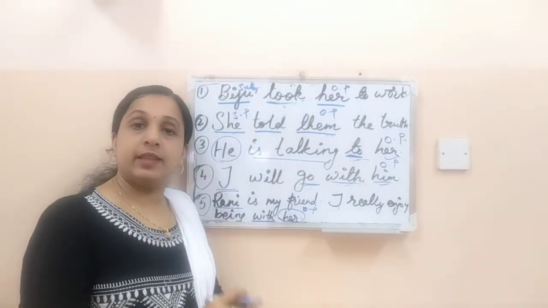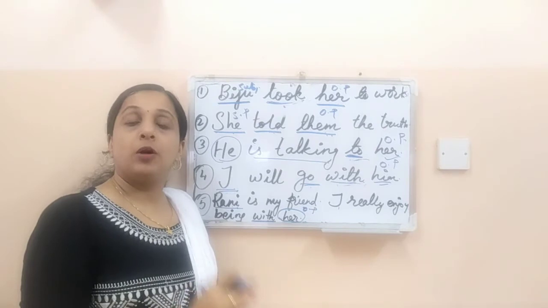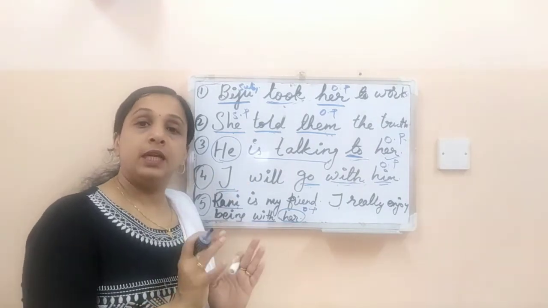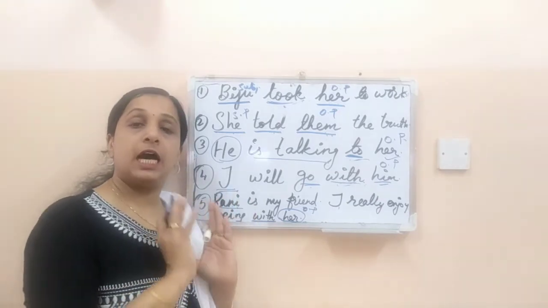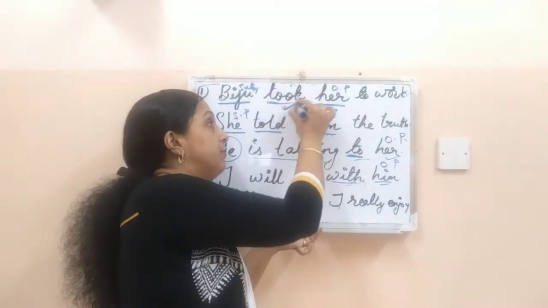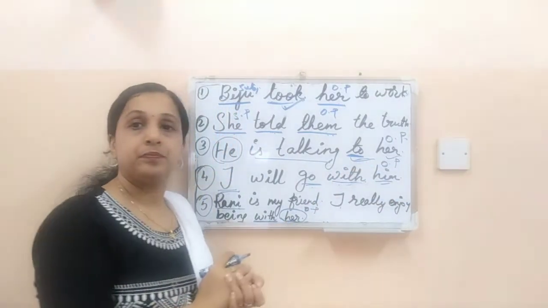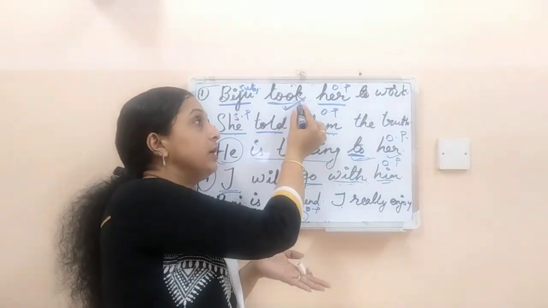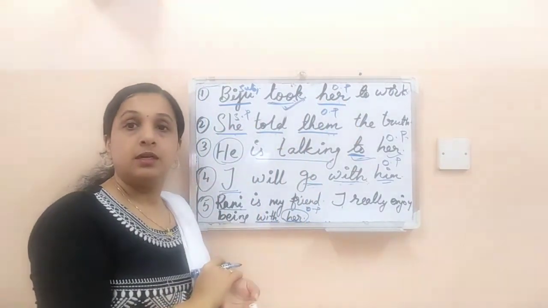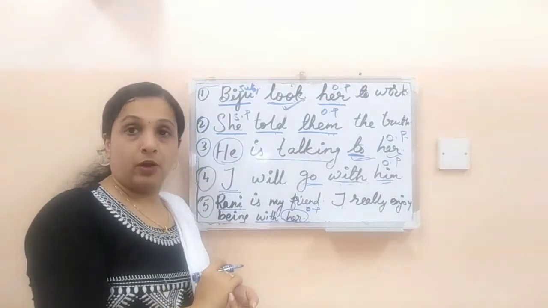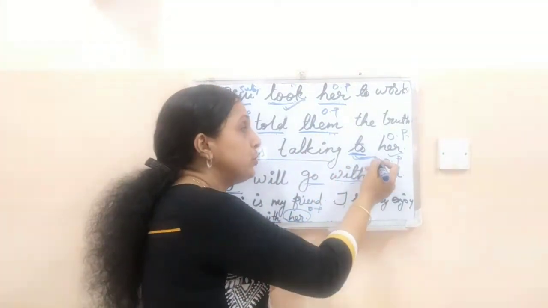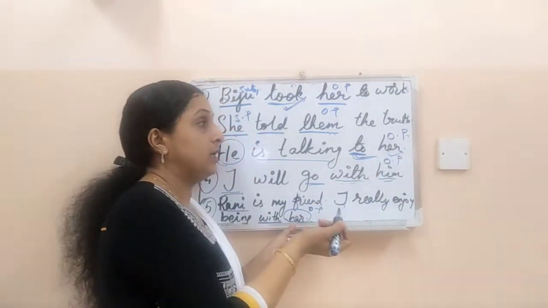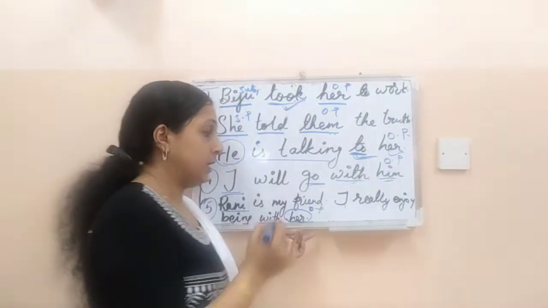So you have to understand the usage of object pronouns in a sentence through these examples. See, object pronouns come after either a verb or a preposition. See, in this sentence, took is an action word. After that we use an object pronoun. Like that, here, to is a preposition. We used an object pronoun after that. That is her, with him. Like that.